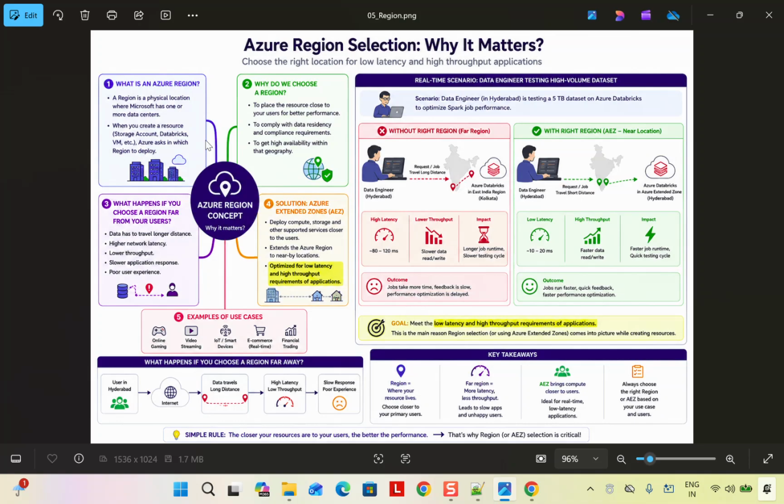So consider, let's say, a data engineer who is sitting in Hyderabad, and the data center he is choosing is in Kolkata, which is the East India region, right? So obviously we'll have high latency because the distance is more here, data needs to travel and all that, right? So we will get low throughput and long response time in this scenario. But if you are choosing a region where you are located, that should be nearer to you, then we should choose